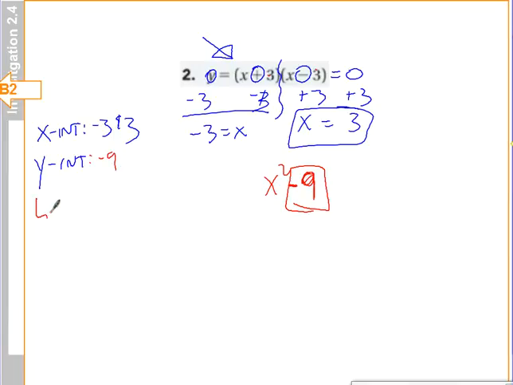Now my line of symmetry is going to be in between negative 3 and 3. Now the line of symmetry for all differences of squares is going to be 0, because difference of squares will give you x-intercepts that are always opposites. And so since your line of symmetry is on the y-axis, you know that your